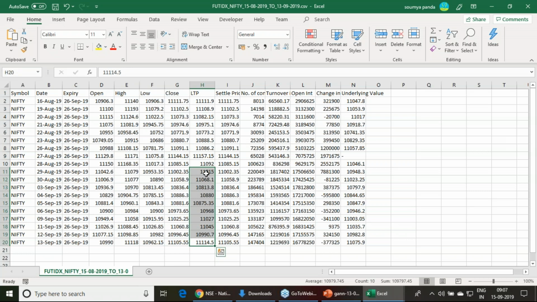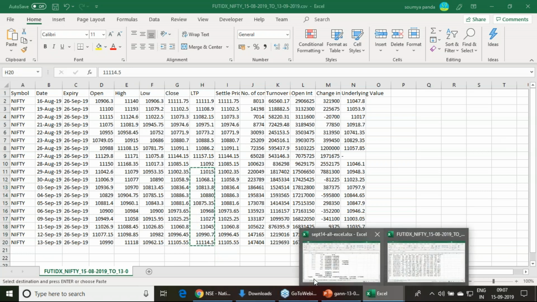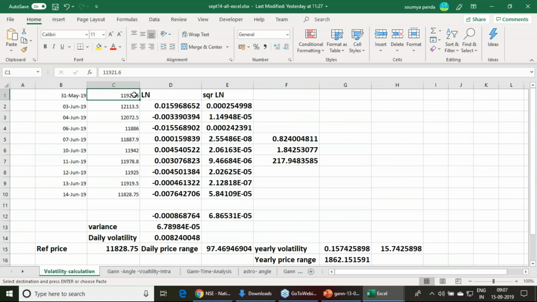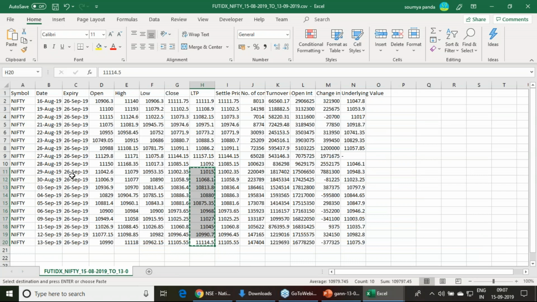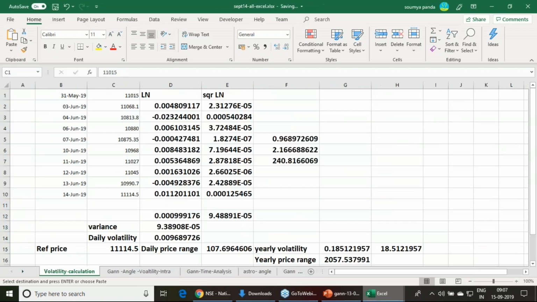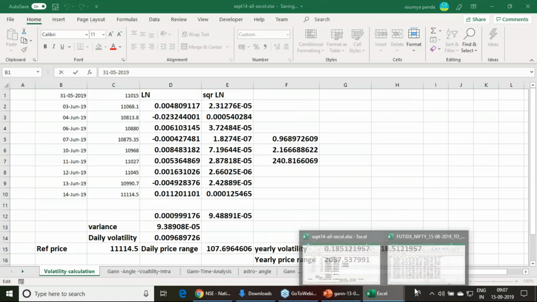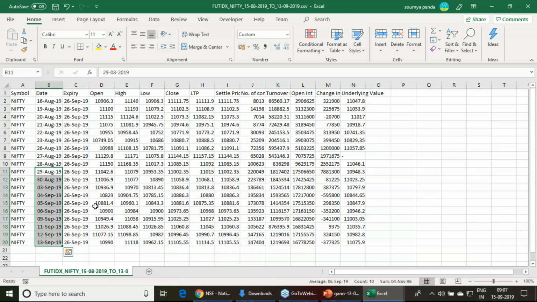So 10 data points I have to take. I have just copied and I have to just put it here. And for that I also, let me take the dates, so it should not create any confusion. So this is the past 10 trading days data I am taking for the Nifty, and it is going to give me